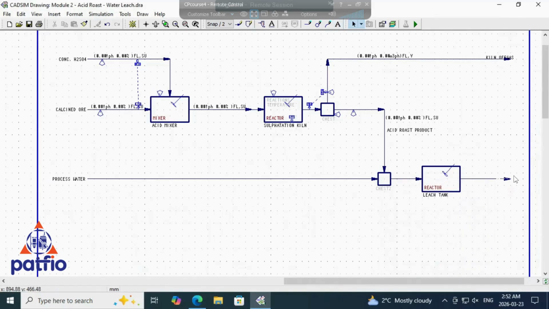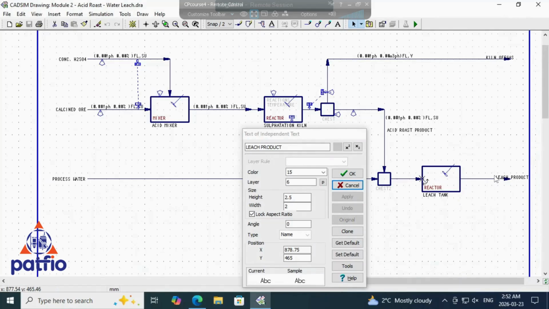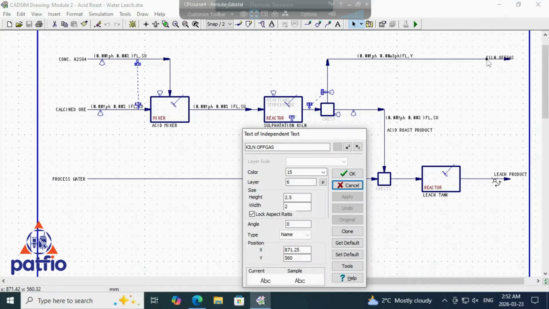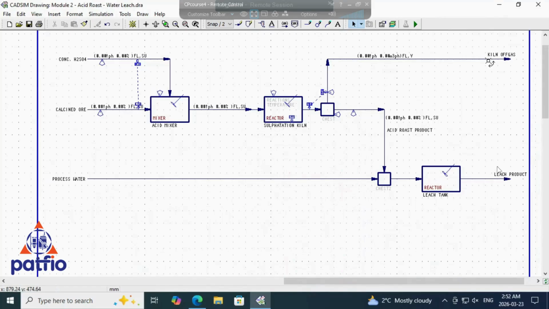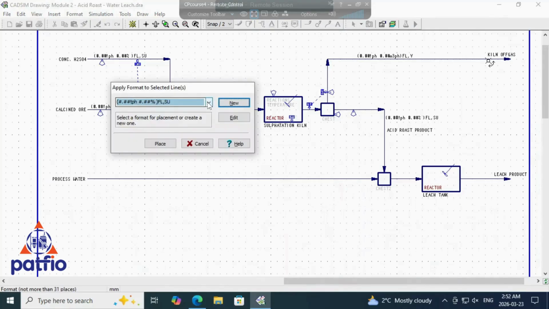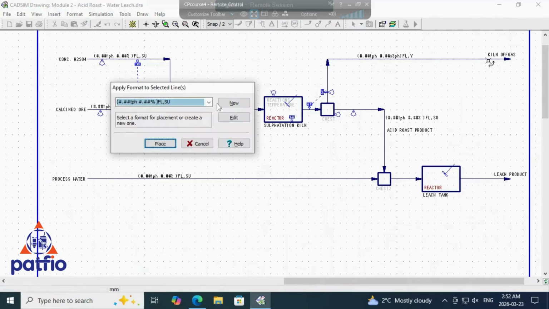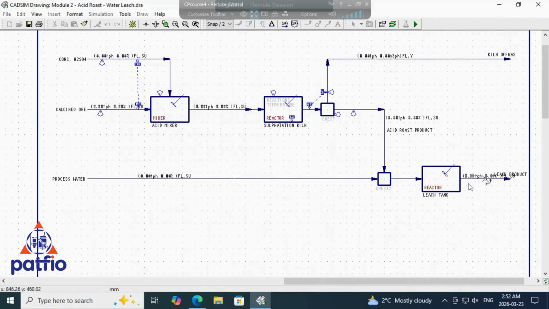Okay, and the leach product, the tune of gas. Okay, right, and then we can also add the formatting. So here I'm choosing the first one. I want to place it here, and this one I want to place it